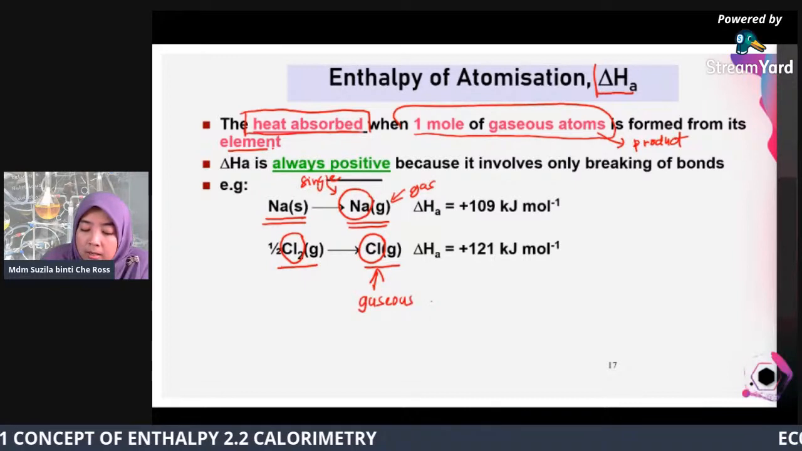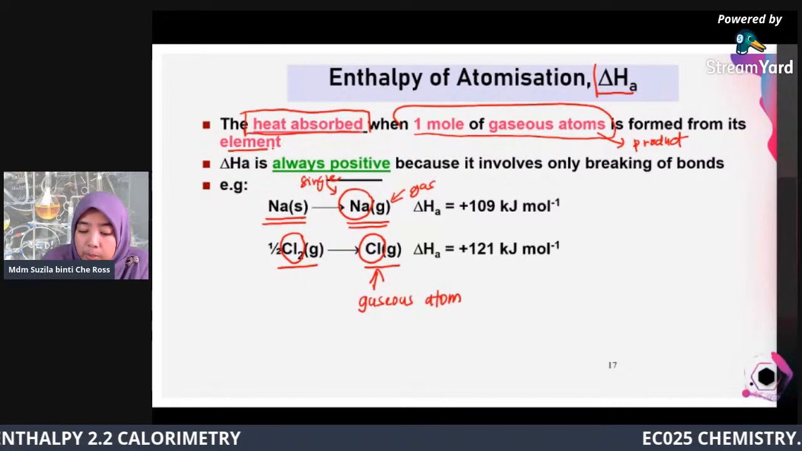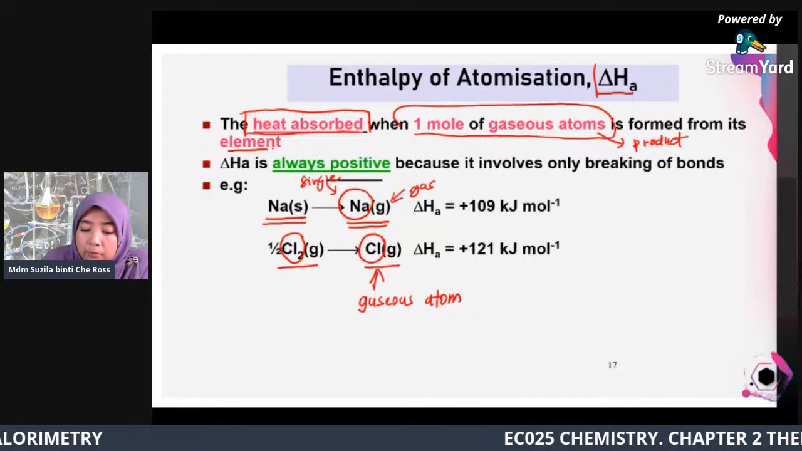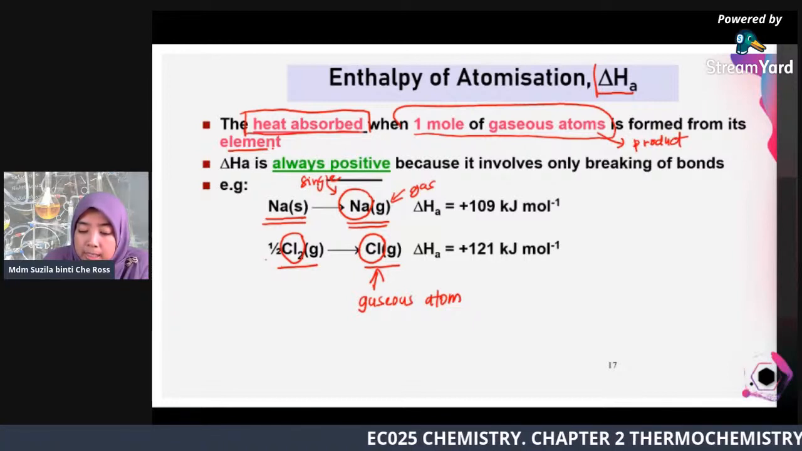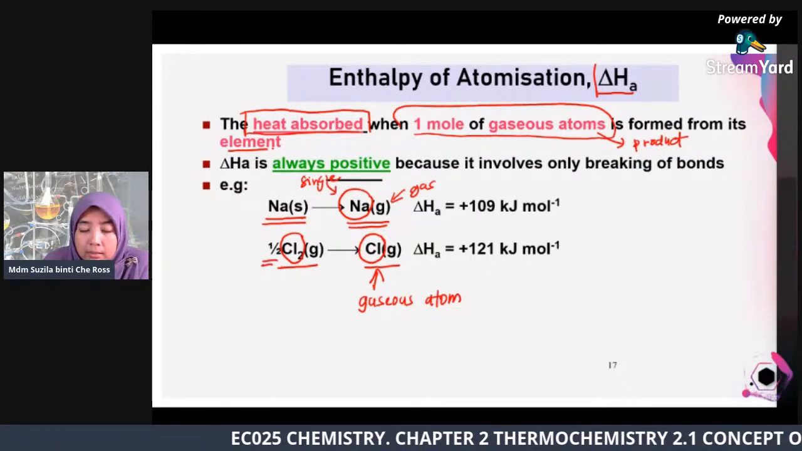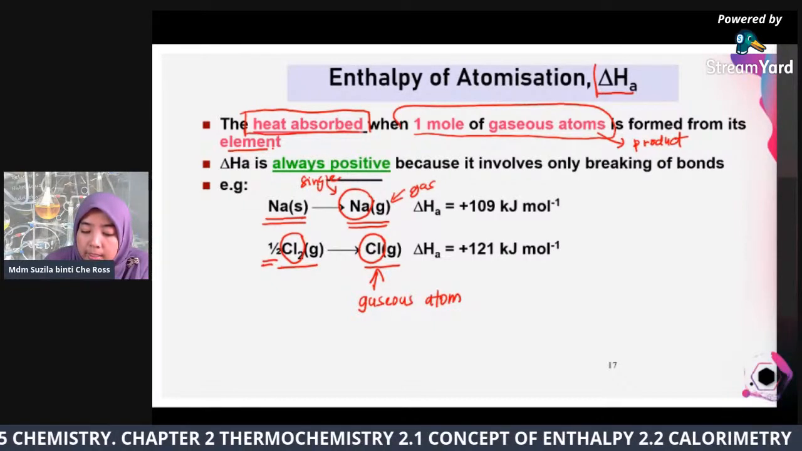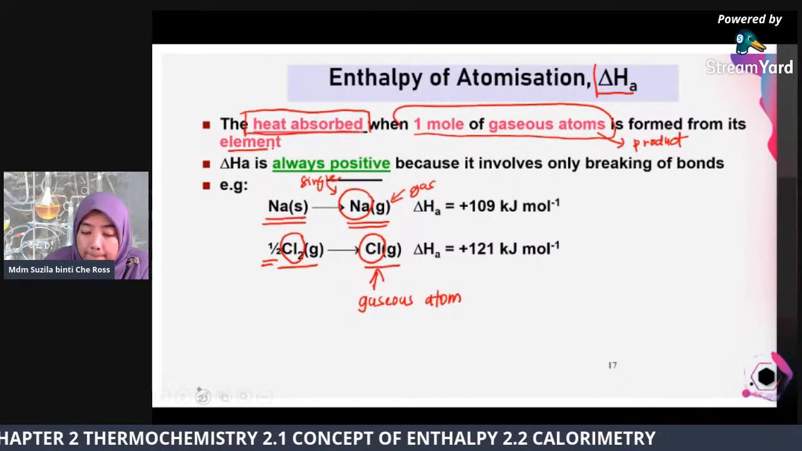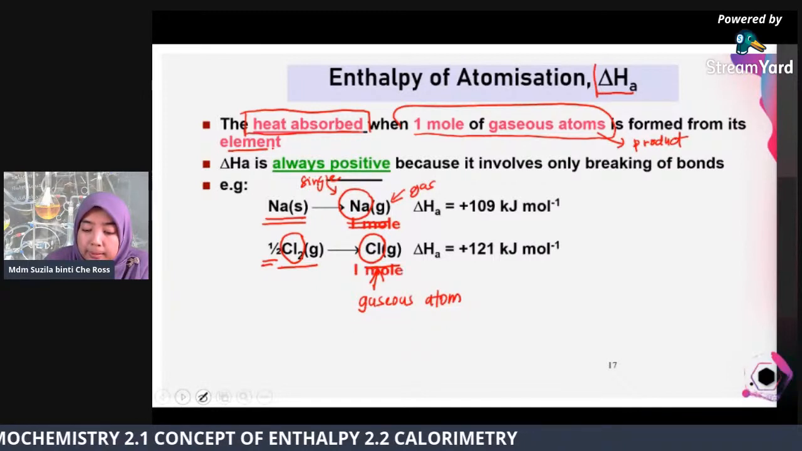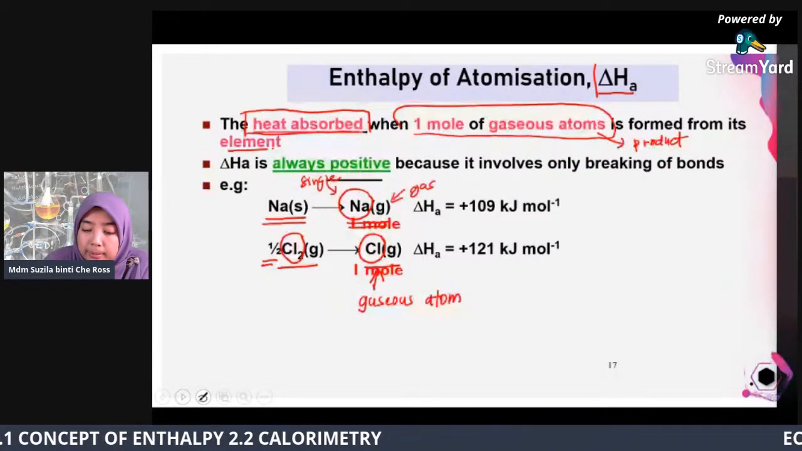Okay, so we need to balance the equation. That's why we put 1/2 in front of Cl2 to make sure the equation is balanced. Okay, so 1 mole here, we need to highlight on the product. Okay, and next